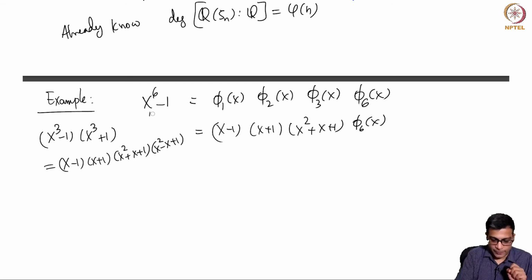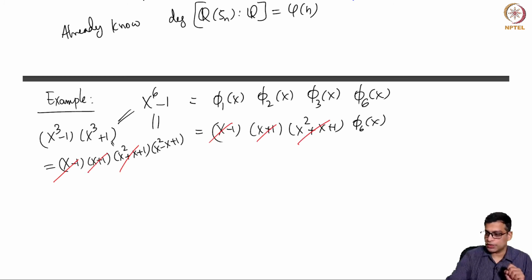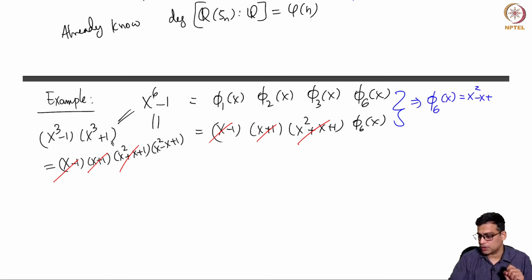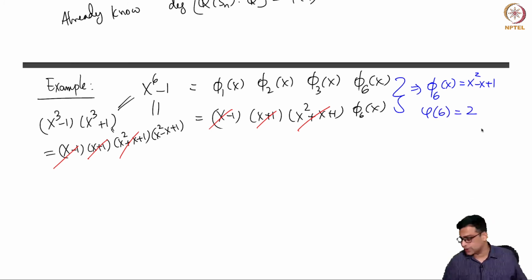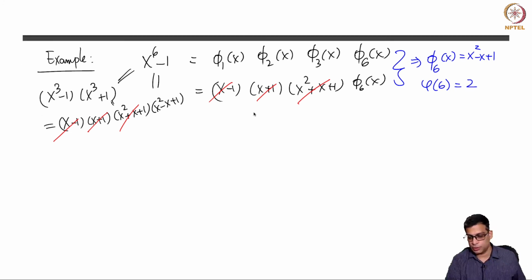So on the one hand, this is equal to this, because via this you can get this, and that's also equal to this. So now you can easily see that you cancel this, you cancel this, you cancel this. So the conclusion is Phi6(x) is x square minus x plus 1. This confirms also the fact that the Euler totient number for 6 is 2. Okay. So you can factor this by familiar algebra rules and then use the recursive definition to cancel out relevant things, or you can directly divide. Okay, but it's more direct this way.